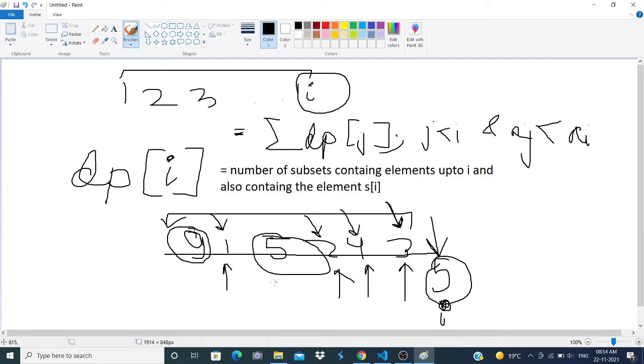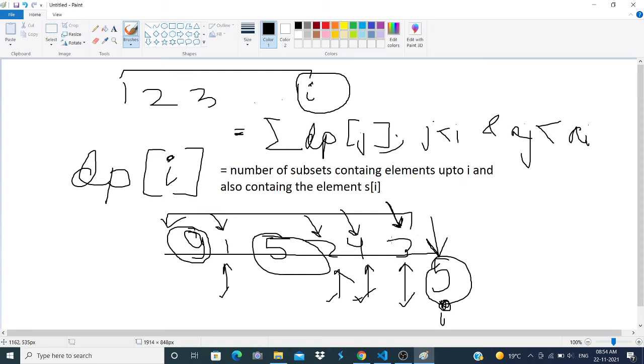So dp of 5 will simply be the summation of these dp's, this one, this one, this one, this one, right? And once I say that dp of 5 is equal to dp of 3 plus dp of 4 plus dp of 2 plus dp of 1, what it means is that I am not including this, right?